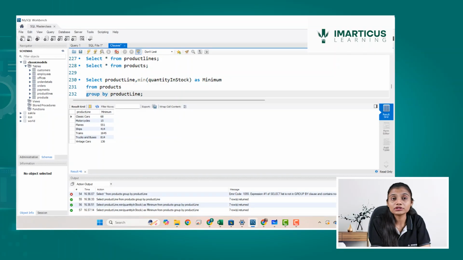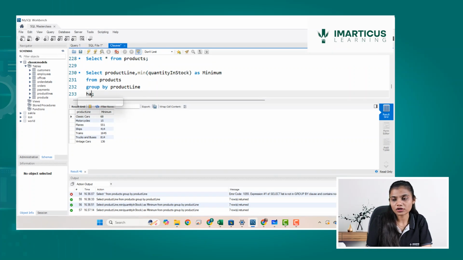If I want to filter these result sets on the basis of the criteria mentioned, this is a grouped table, and for that I will use something called having. So, a having clause, and in this having, instead of using the entire name such as minimum quantity in stock, I can also use minimum as an alias. So I say minimum is greater than 250.